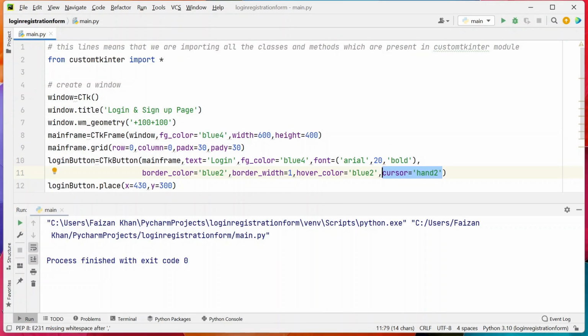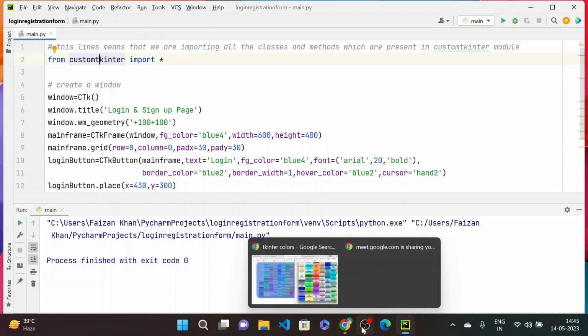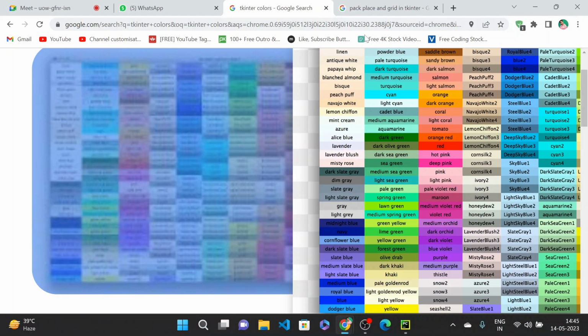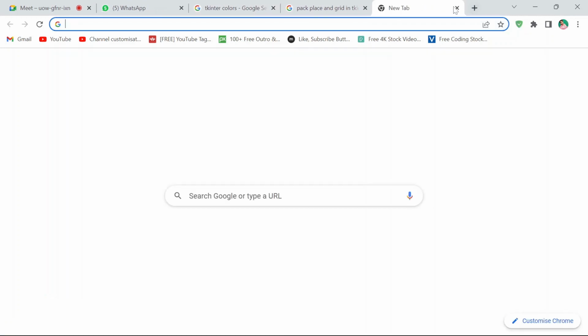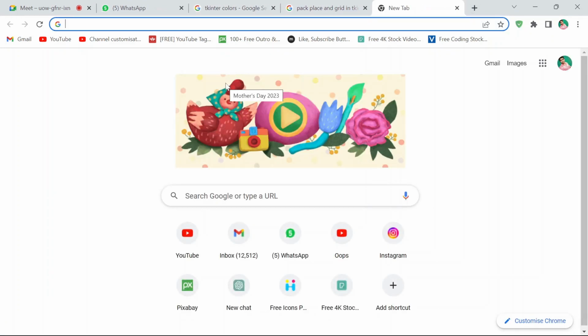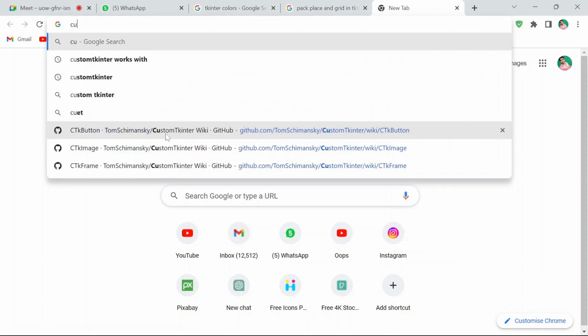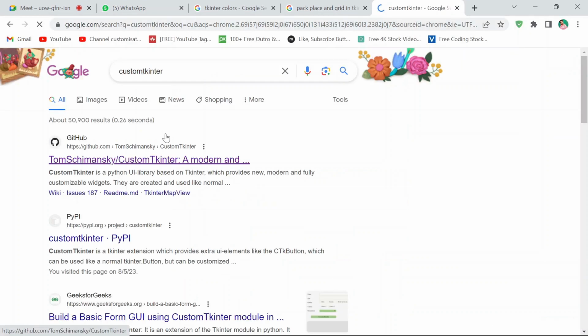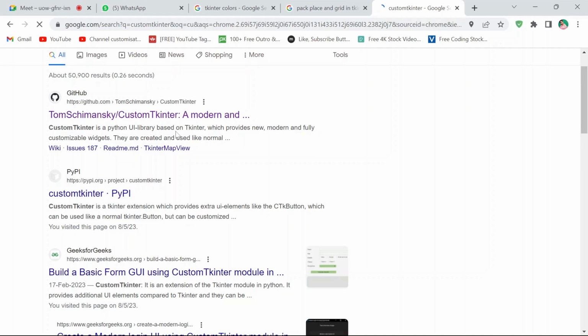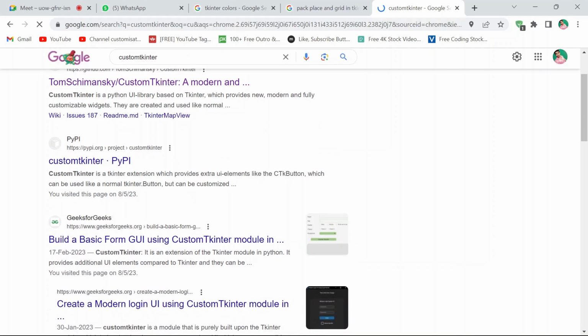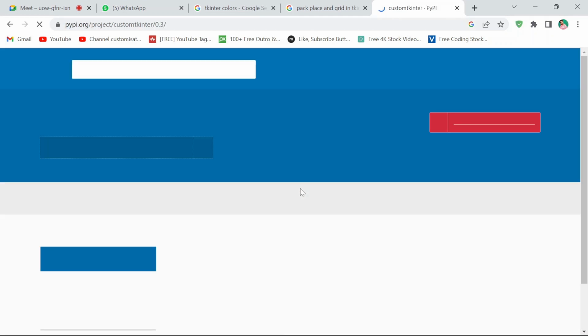You can simply go to Google and read more about this custom tkinter, so that you will get more idea how to use it and what other things you can add to buttons or frames. Okay, so you can simply type custom tkinter and you can go to this Git repository or this PyPI website. It's up to you. So if I go to this PyPI website here,